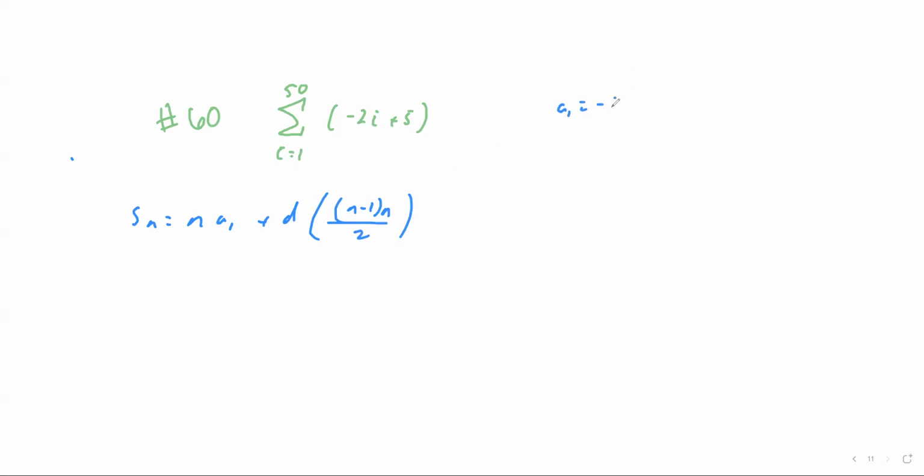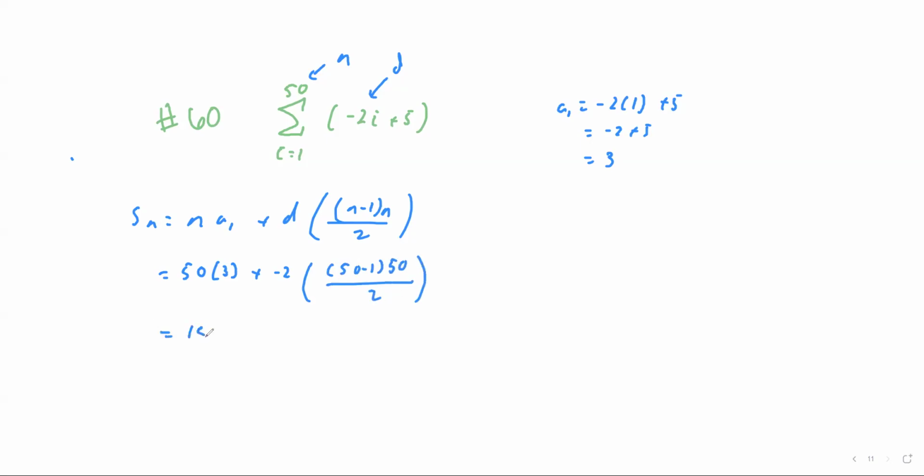So I can find ace of 1. So that's -2 times 1 plus 5. So this would be -2 plus 5, which would give me 3. This is my d, and this again would be my n right here. So in this case, this will be 50 times 3 plus -2 times 50 minus 1 times 50 over 2. So this gives me 150 plus -2 times, let's see, 49 times 50, divided by 2, gives me